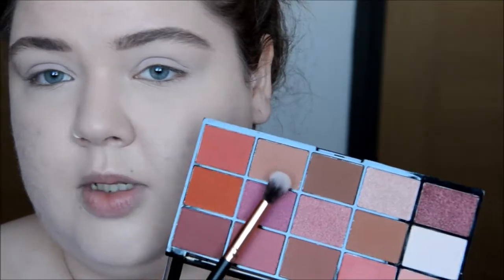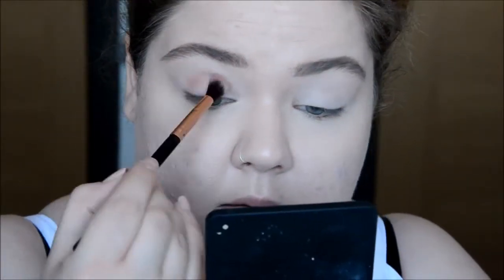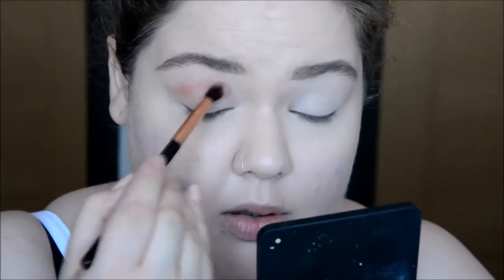I'm gonna go in with this light brown and a fluffy brush to put in the crease. And I just really want to blend this. They blend beautifully together. Now I'm gonna go with this dark orange shade and I'm gonna mix it with this